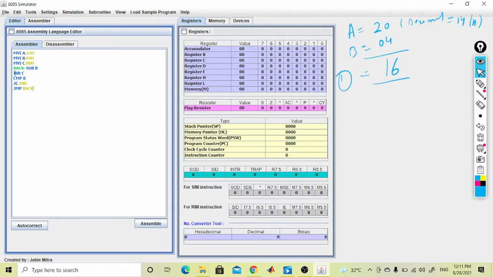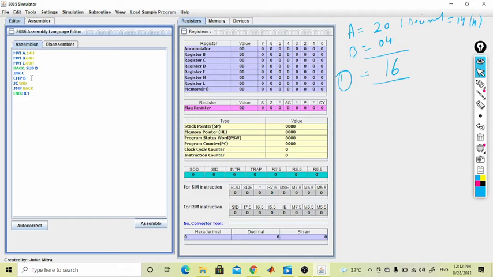This instruction means that if on comparison the value is not less than B, then it will jump unconditionally and subtract again, increment C again, and compare again. And at the end we put HLT.